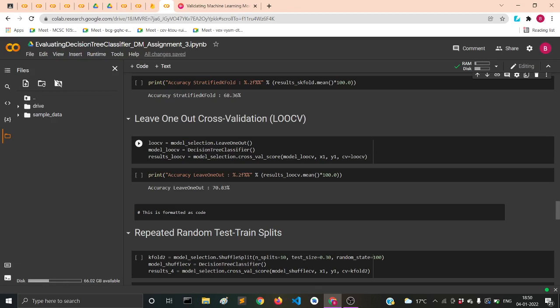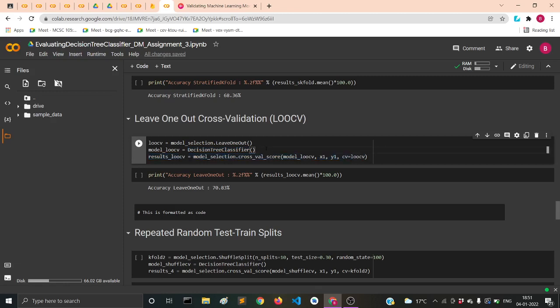Now here also you follow a similar pattern: you initialize the decision tree classifier, then you have the cross validation score. The first argument is the model LOCV, the model you have initialized. The second is x1, the third one is y1, that is your whole data set, and the fourth parameter is CV equal to LOCV.